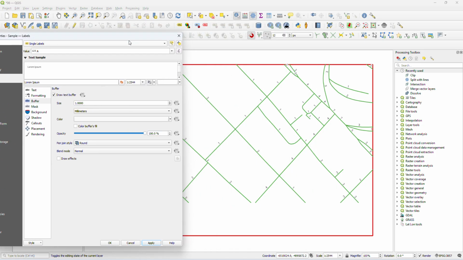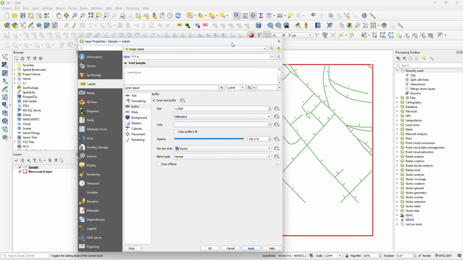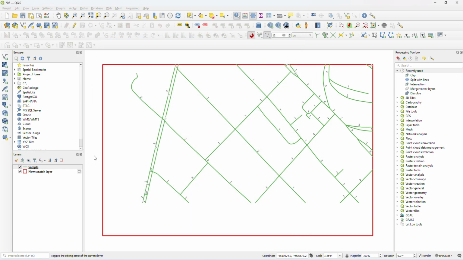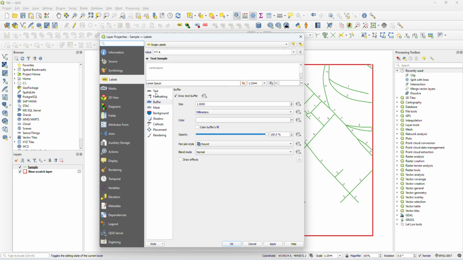Here is the one piece of information shown in your QGIS software, but how is it possible to show all three attributes in QGIS? Okay, so let's start with how it is possible. At first you have to open your data, then double click on your data, then go to the label